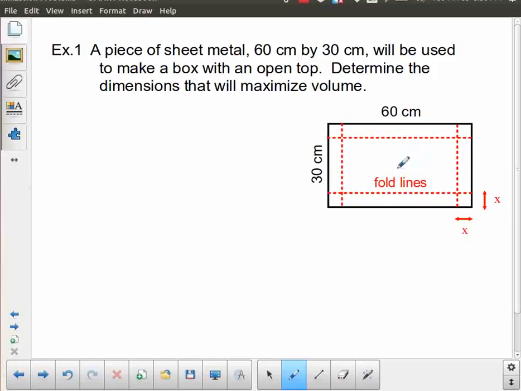which is the idea of creating a box, and in particular it's an open top box. So we start off with a piece of sheet metal, and we're going to cut out these corner sections, and then we will fold up these edges. So we would fold up this edge, this edge, this edge and this edge, and as a result we would end up forming,